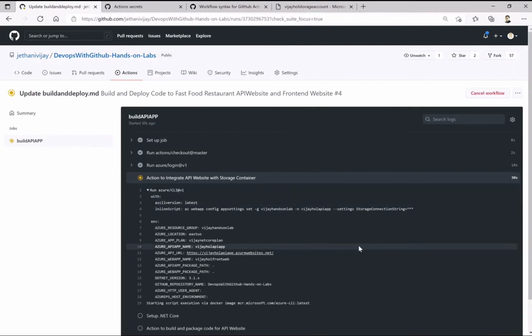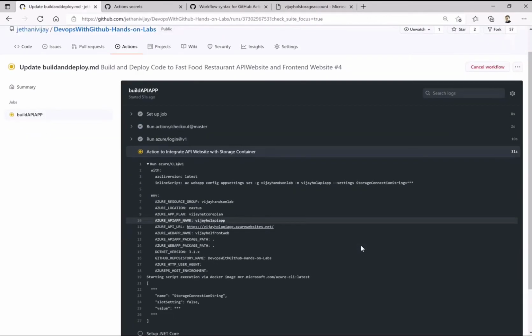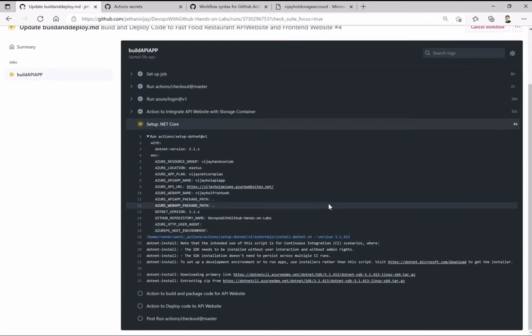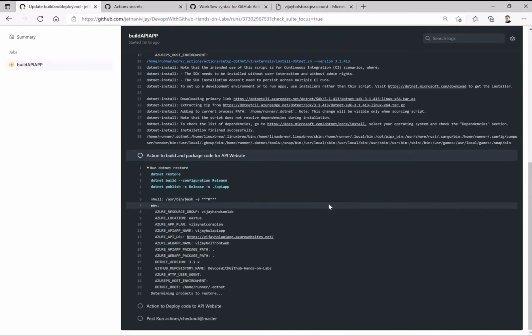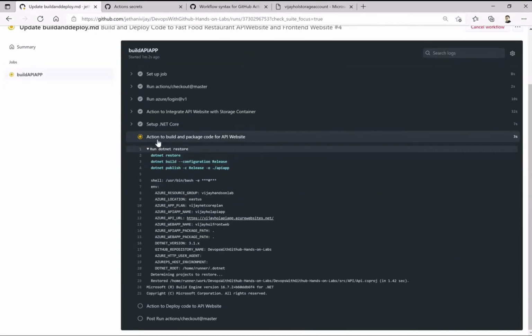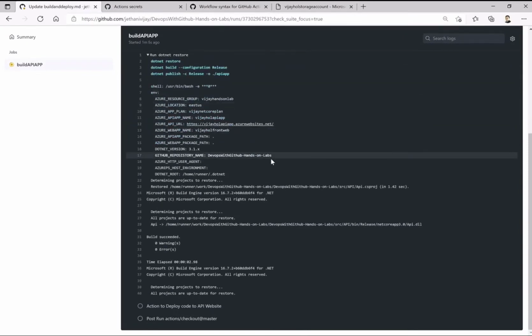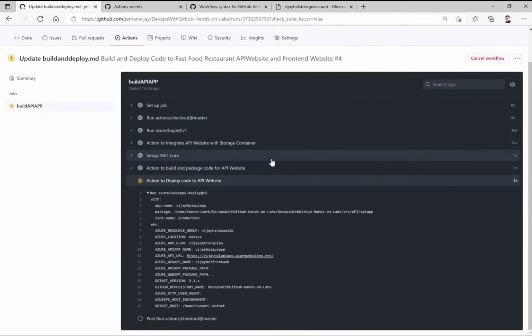Let us check what it is doing as of now. It is trying to update as well as build that code for us. It is now setting up the .NET Core version, not npm, towards 3.1 LTS, and then building that for the API app.